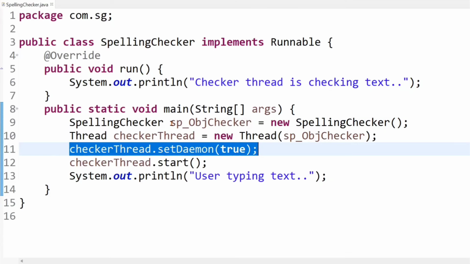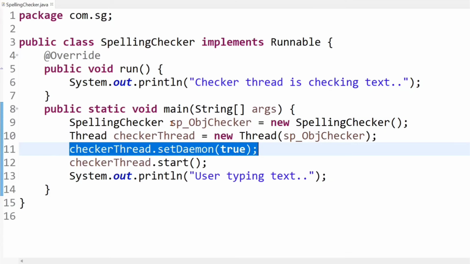That means when all user threads complete their execution and terminate, after that the JVM will shut down and the program will end. Meaning the JVM waits for all user threads to terminate, and then shuts down. Whereas the JVM gives lower priority to daemon threads.